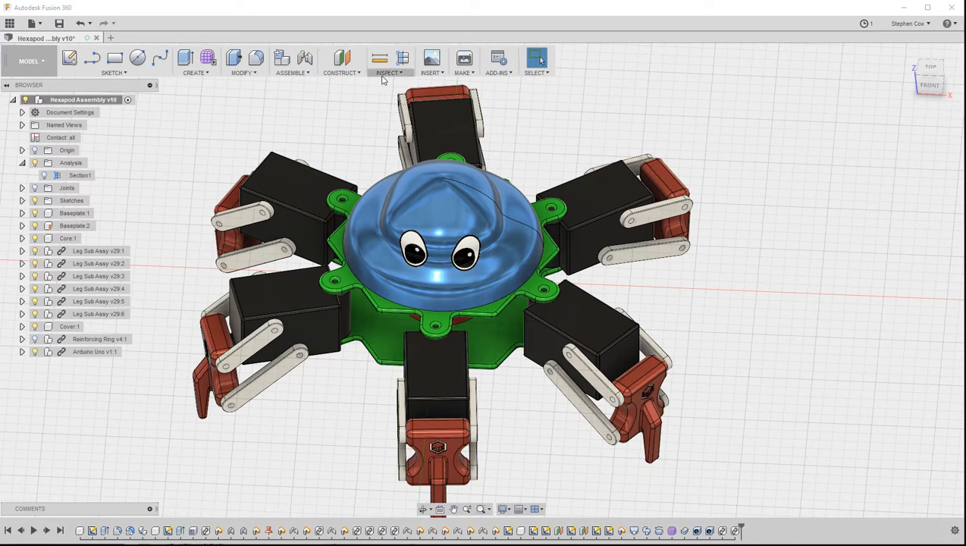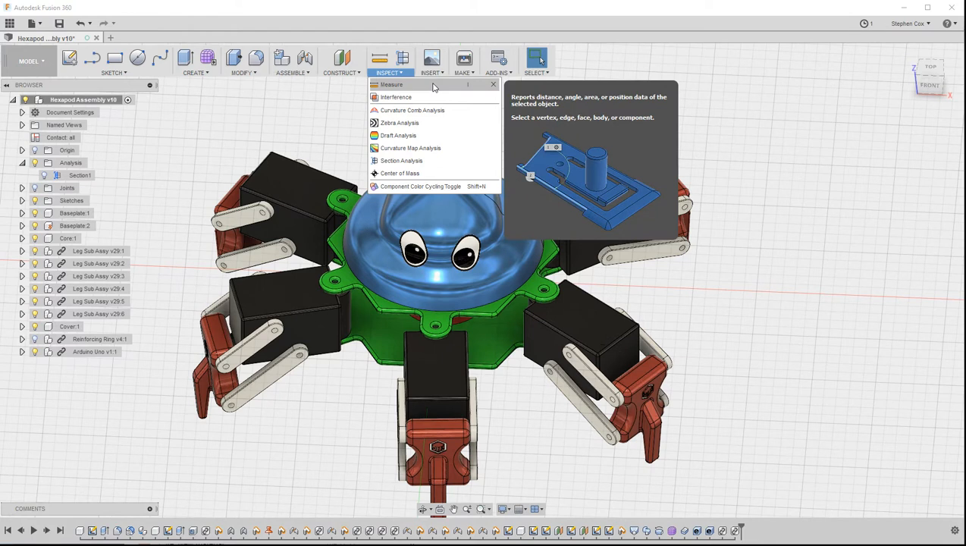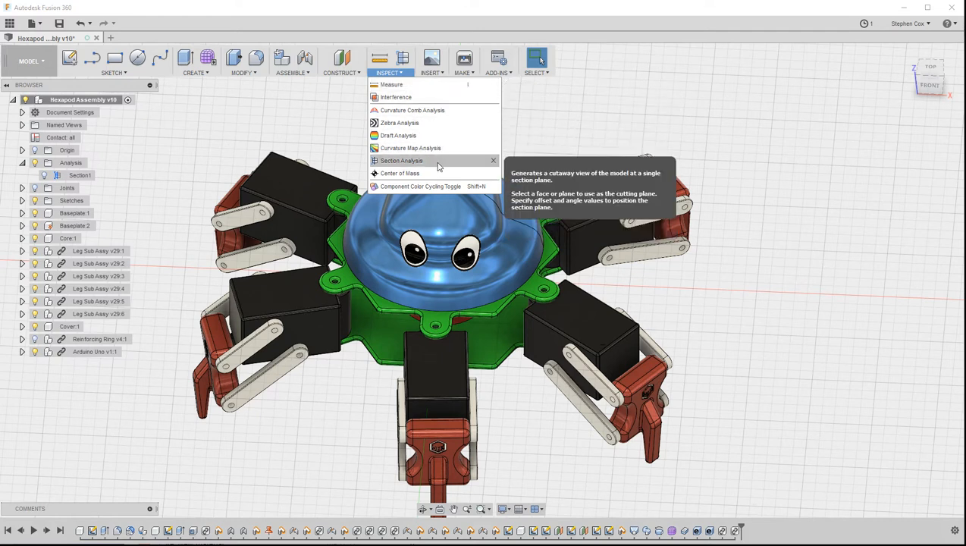In this video we're going to look at some of the tools that exist underneath the Inspect menu. The top one, the Measure tool, we used in an earlier video to understand the distance between two faces. If I drop a little further down this menu, there's a useful tool called Section Analysis, which allows me to